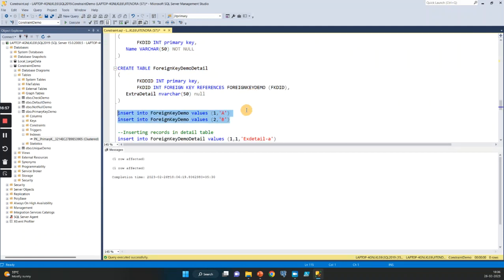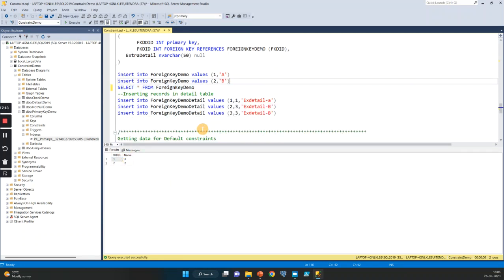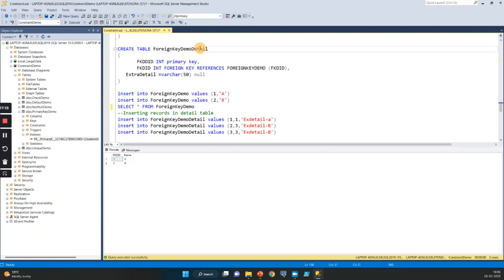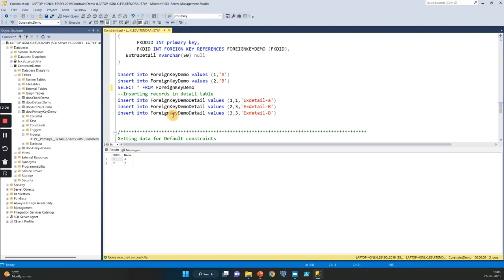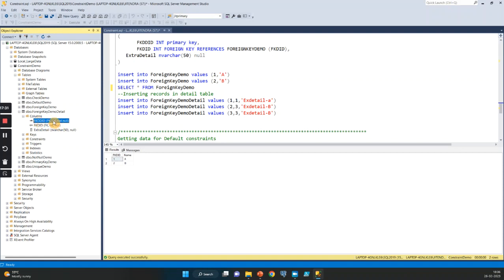Okay, so if you can see here, select star from foreign key demo, and two values are inserted: one fkdid, that is for my primary key, 1, 2 and ab. Okay, and I'm trying to insert the values into the foreign key demo detail, that is my child table. Now, my child column, let me open this here so you can understand, because I have not specified the column names. So you can see first column is its own primary key,